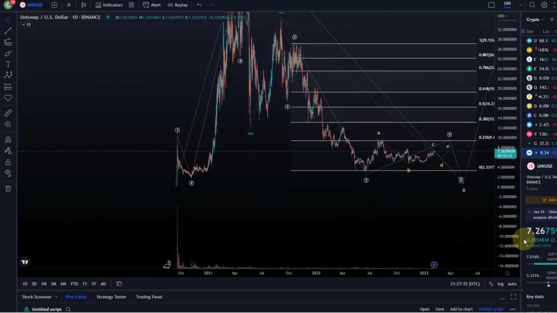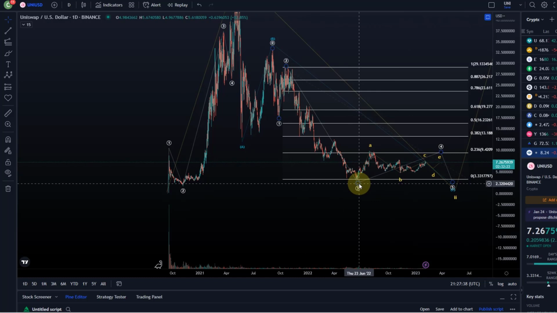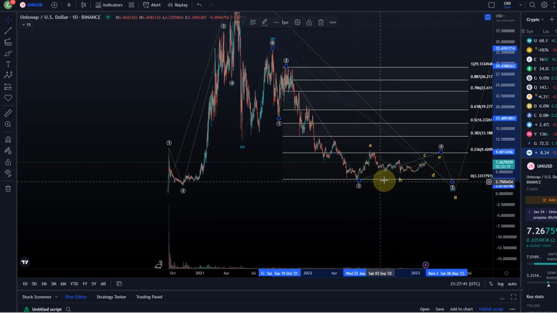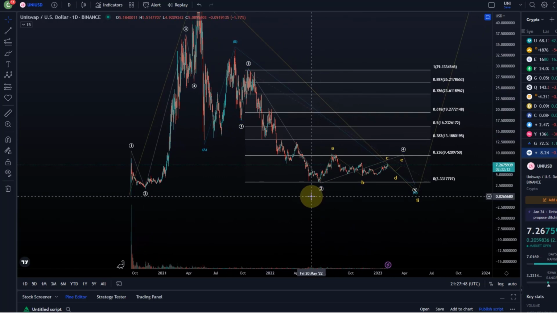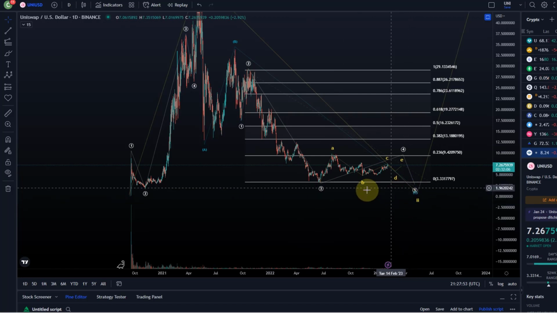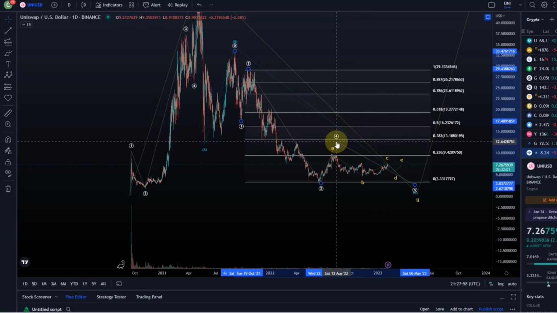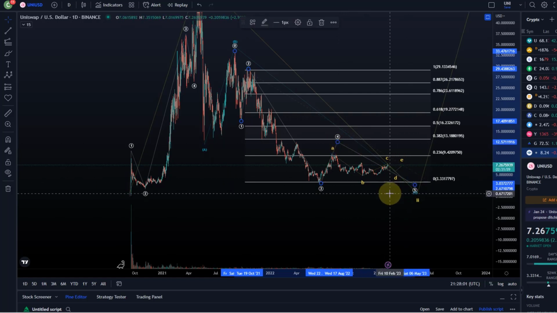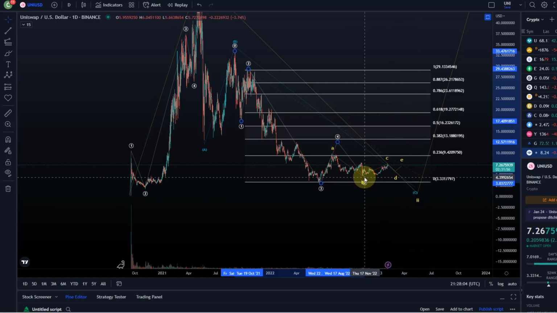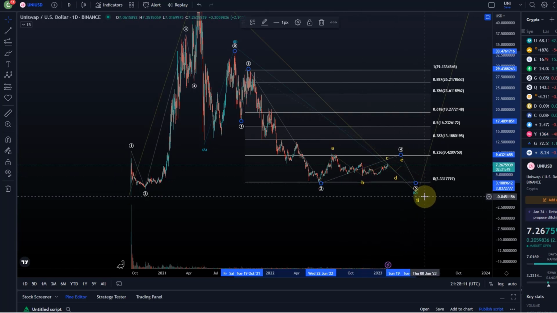I mean, you could find a way to count it slightly different, but it's difficult. It is really tough because it adds up so well with these counts to the downside that I would really find it difficult to consider the wave 3 and 4 already done and the 5. Yeah, maybe here as a truncation, and then I would have to say this was the 4 and we had a truncated wave low and we're now rallying. But yeah, from that point of view, I'm rather focused here still on the downside for Uniswap.